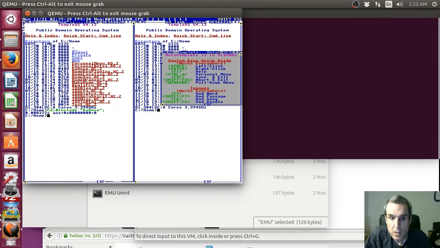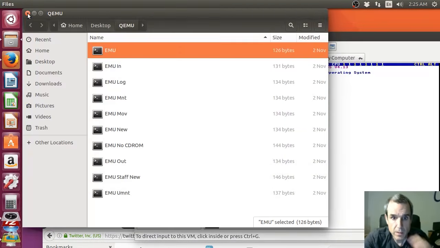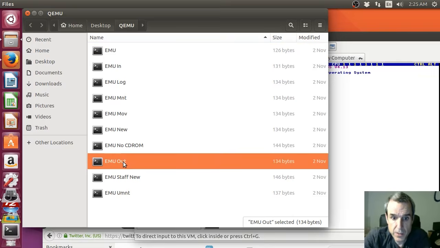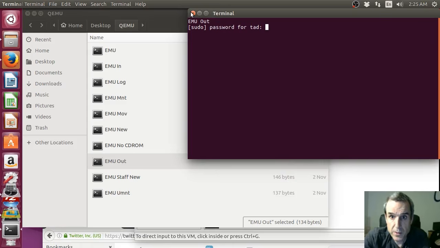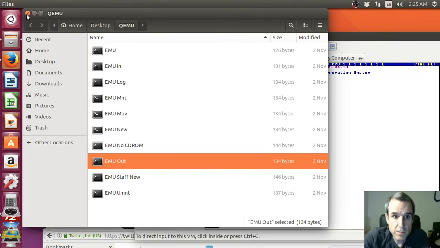Oh, I know what happened. Okay, so shut that down. So if you want to copy the files out to Linux, you do this. No, it does not do that. So